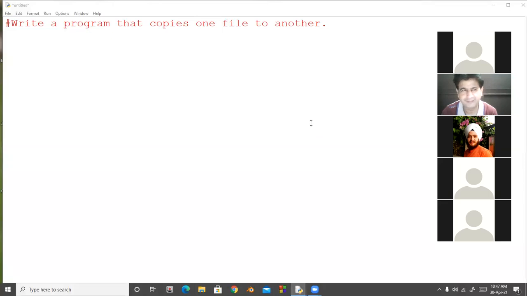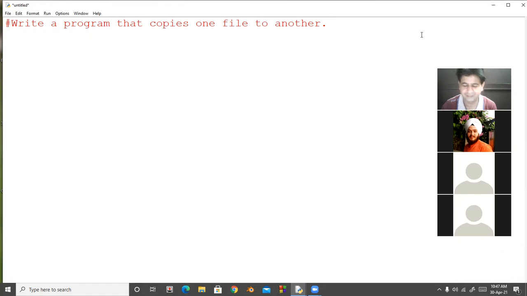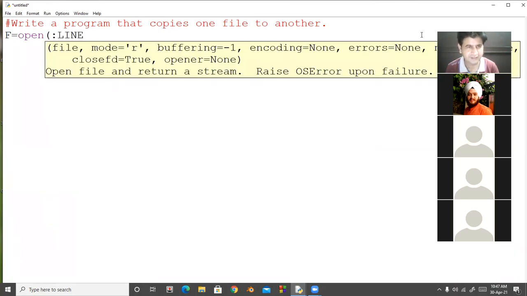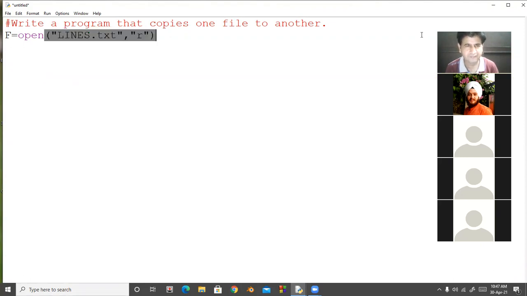Sir, first we will open a file, after that sir we will create a file, then sir we will read the lines and write the same lines into it. Yes, very simple. First we open the file. File name is lines.txt. We open the file in reading mode.